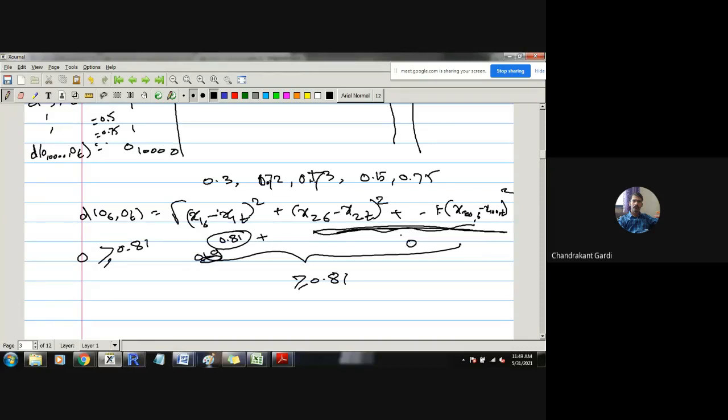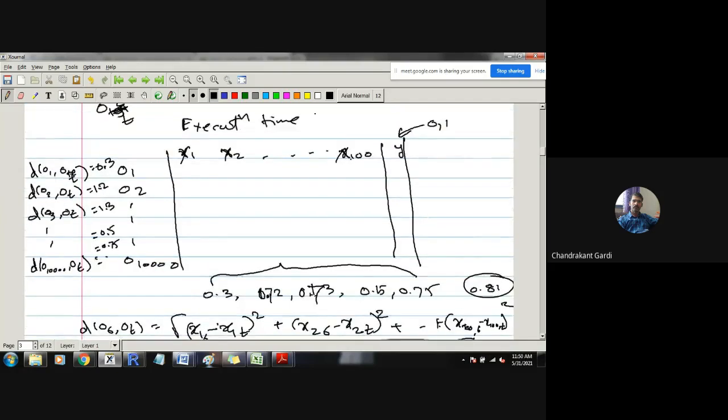So even if those are 0, this entire difference is going to be 0.81, and therefore this sixth observation is at a distance of 0.81 from the test observation. And these 5 observations we already have are near the test observation, near in the sense they have a distance of less than 0.81. So there is no need to calculate these differences, because whatever they are, these are going to be closer observations than this one. So there is no need of calculating these differences. This is the approach we are going to take in order to reduce the execution time.